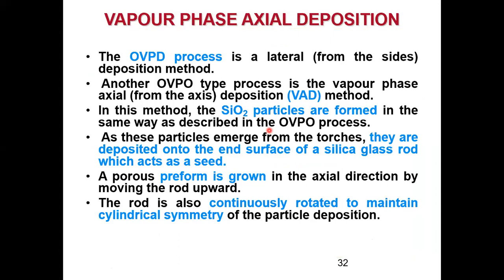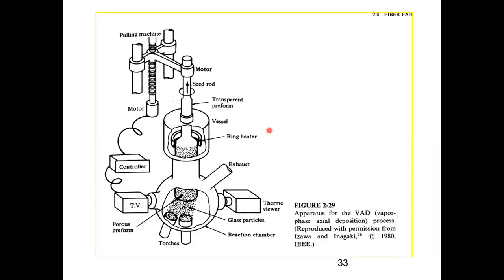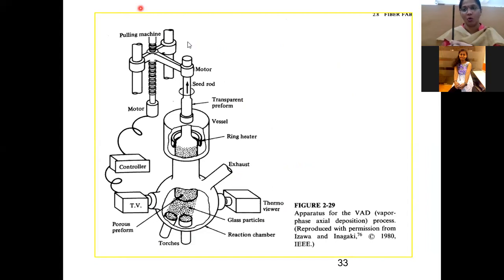Okay. So what is happening in this VAD technique is, this is a lateral method. Vapor phase axial deposition is a lateral method. So यहाँ पे क्या है? I have this rod. थोड़ा सा structure है. Now lateral method means the deposition is taking place on this side. Outside vapor phase में क्या था? ऐसा ceramic rod था, and I was depositing it on this in this way. In VAD method, मेरे पास एक initial rod है, and I'm depositing over here. So मेरा जो soot formation का deposition होगा वो यहाँ से होगा, नीचे से होगा.